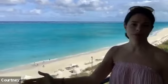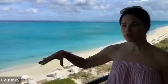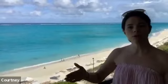I hope this has been informative. You've gotten to see this beautiful beach. And again, they're open right now. The other thing I love about Sandals and Beaches is that there's many resorts that I can't book until it has to be a year in advance. I can actually book your room through 2022 right now. So if you're not ready to travel in 2021, or again, this is at a price point where it's not